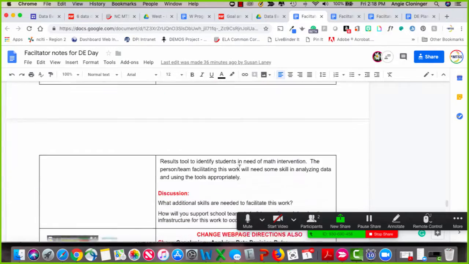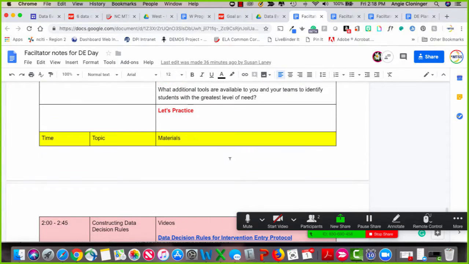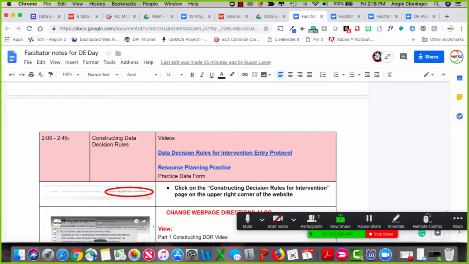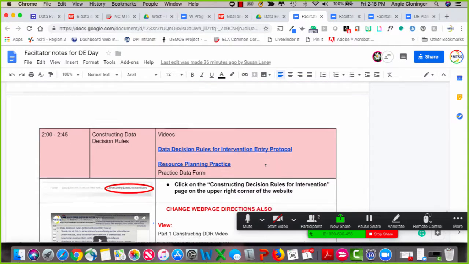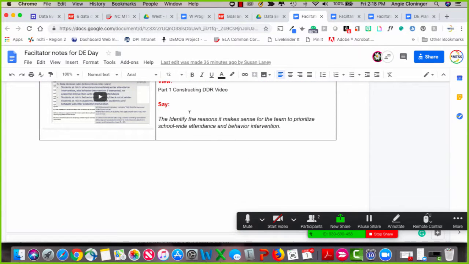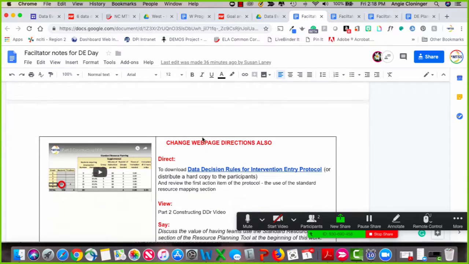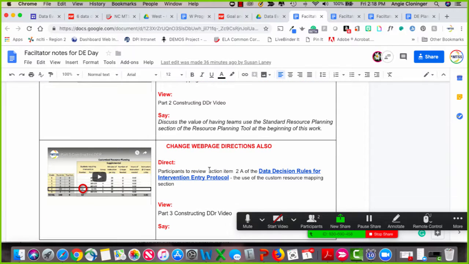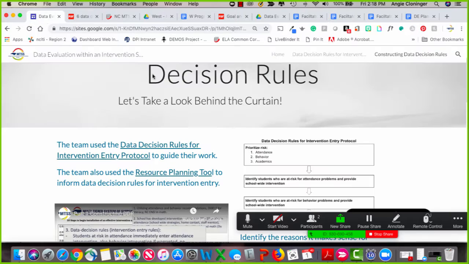That's going to be from your 2 to 2:45 section. And again, it's going to be the same process. You'll share the video. You have some opportunities for conversation things to say. And then they'll have their discussion points. And so it's the same pattern. Again, as far as a facilitator,